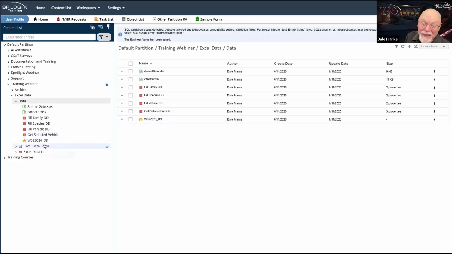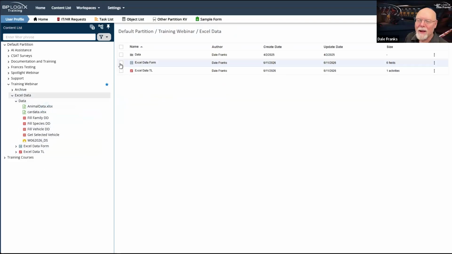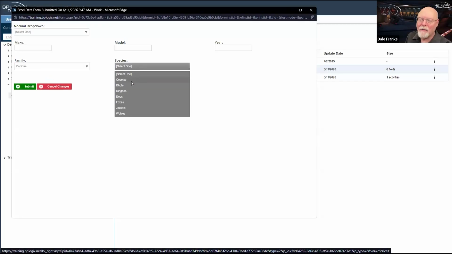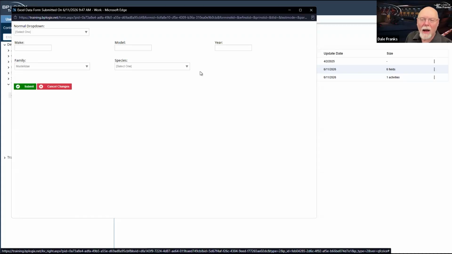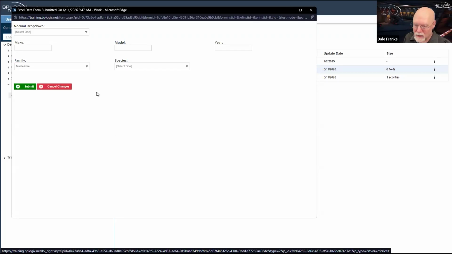So now that that is fixed, I should be able to go back to my SQL data form, run it, and now when I pick Canada, I should have coyotes, dholes, dingoes, dogs, foxes, jackals, and wolves. Now I am cooking with gas. Everything is easy to find because everything is in alphabetical order. That is pretty cool.